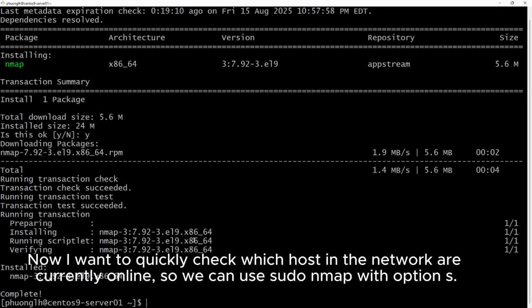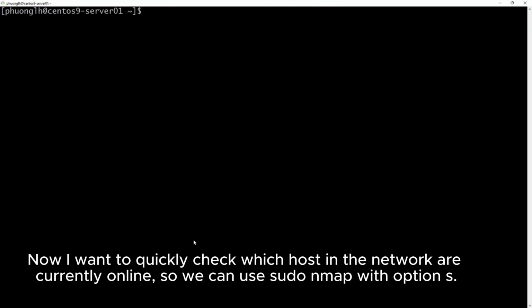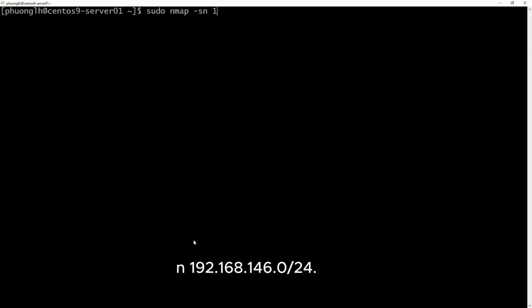Now I want to quickly check which hosts in the network are currently online. So we can use sudo nmap with option -sn and 192.168.146.0/24.